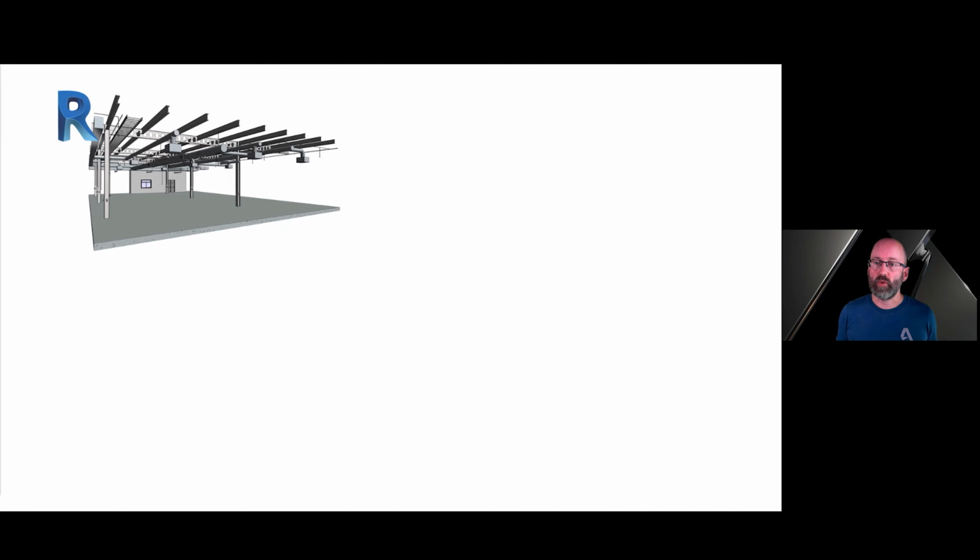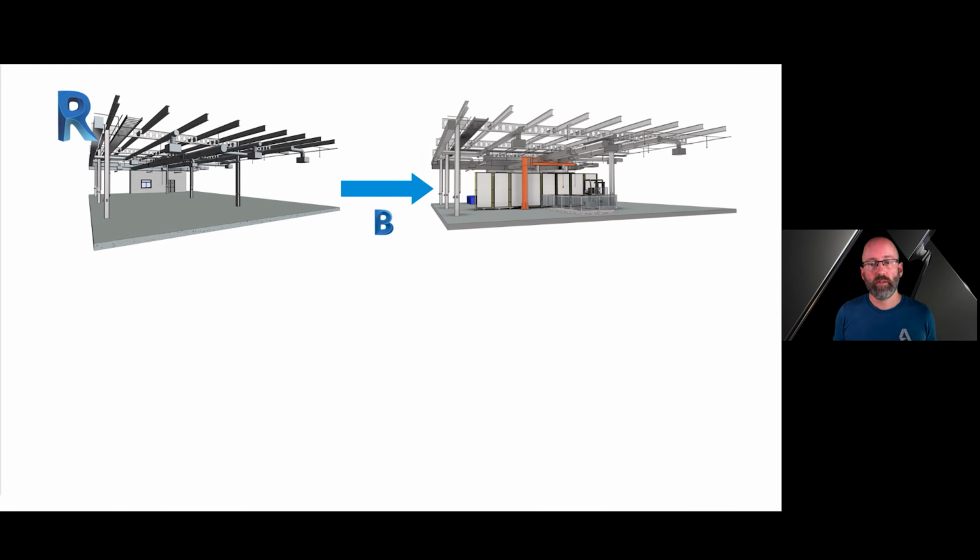So we're going to imagine that we're working on a project and it's our job to coordinate the factory line equipment with the building design. Perhaps we're an engineering service provider who's responsible for specifying the equipment. Perhaps we work for different departments in the same company and we want to make sure that our work is coordinated. So we'll start by referencing the Revit model into Inventor, and then we'll use the Revit model to coordinate the placement of our manufacturing equipment.